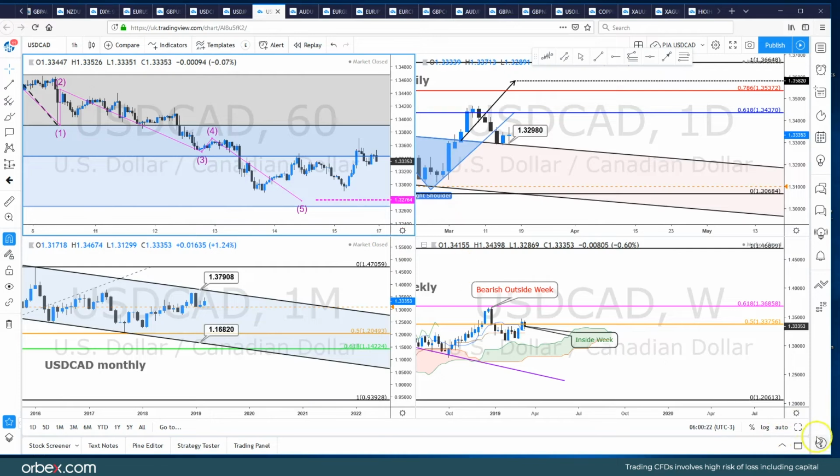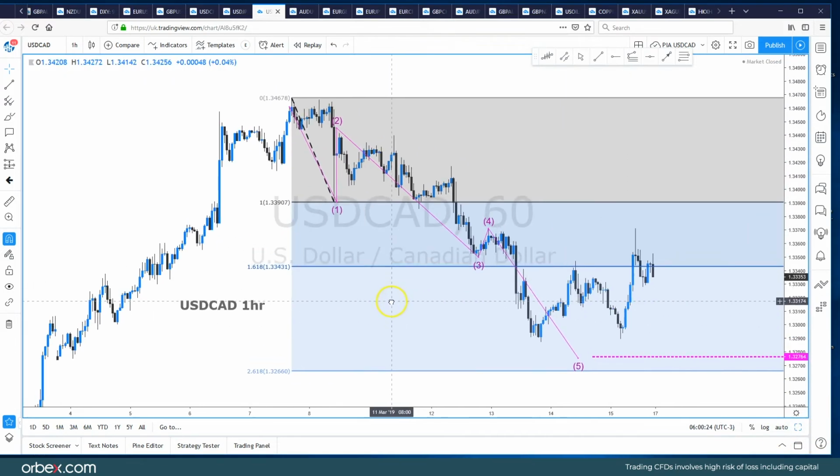If we go to this time frame, which is the 1 hour chart, that last move lower in 5 waves. And again, I wouldn't write off this downward move yet in dollar CAD. We've got the 261.8% extension level at 132.66, and then we've got our bespoke support at 132.76. So that's really a short-term buy level. But like we're saying, the move to the upside could then be limited in the way of economic releases next